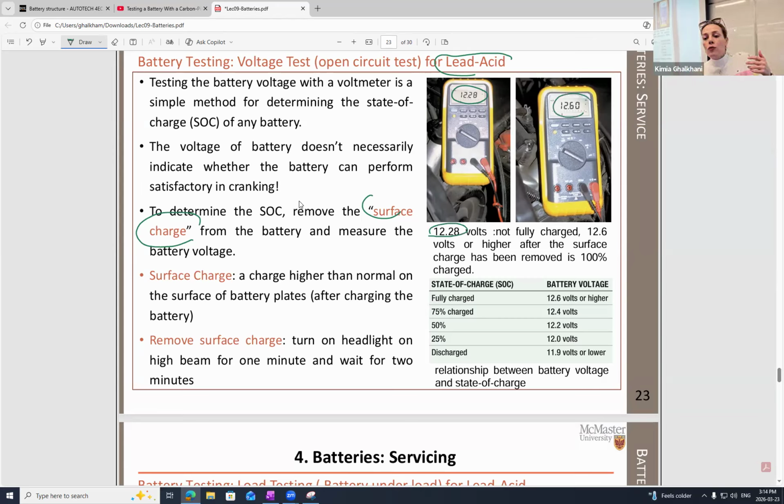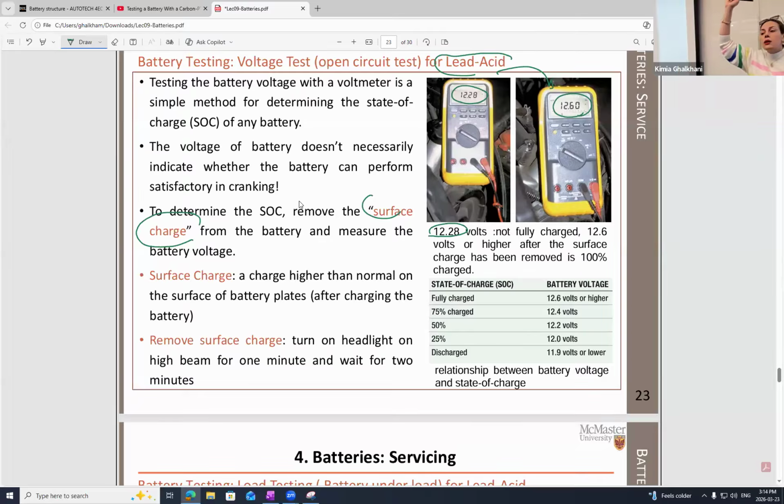If I'm having 12.60, that's normal if it is lead acid, because I do have some surface charge. How do I get rid of surface charge? Most of the time, especially if you are going to externally charge the battery, this surface charge means some stored ion, which is not still used inside the system, and simply you can connect the battery to a load, either an external load to get rid of the surface charge,